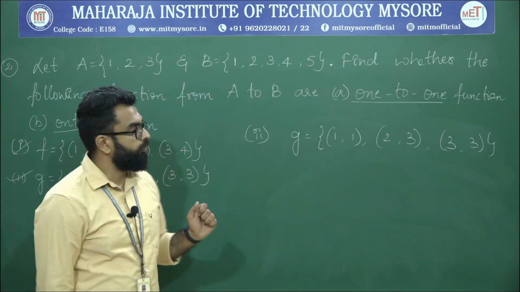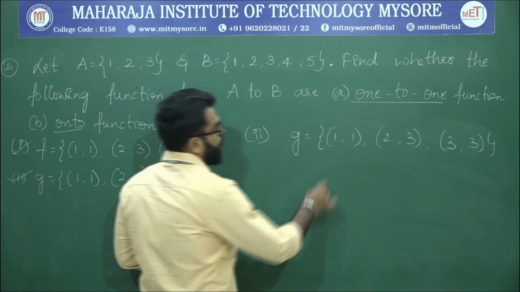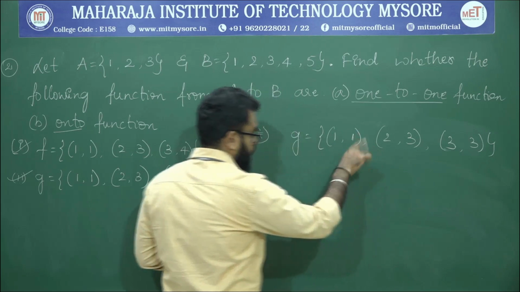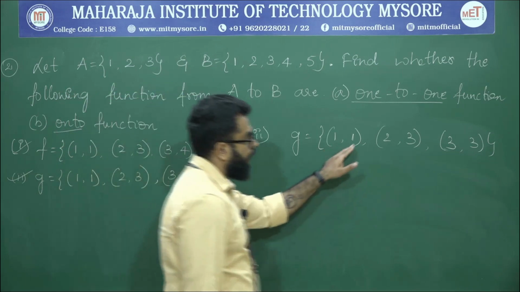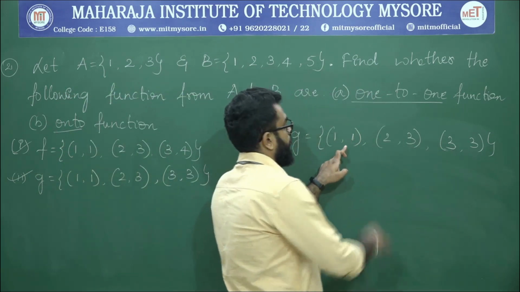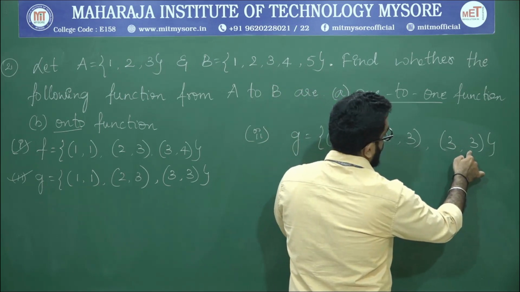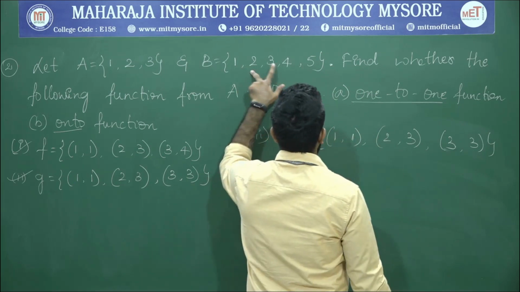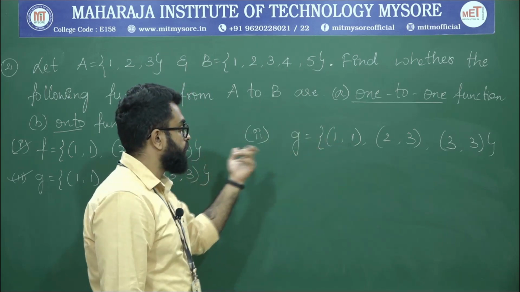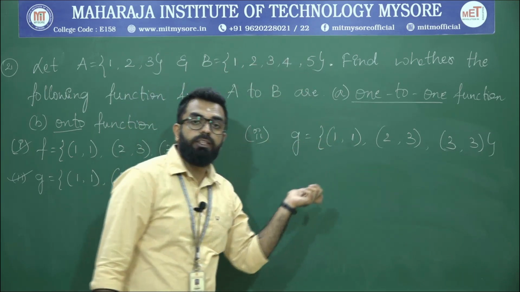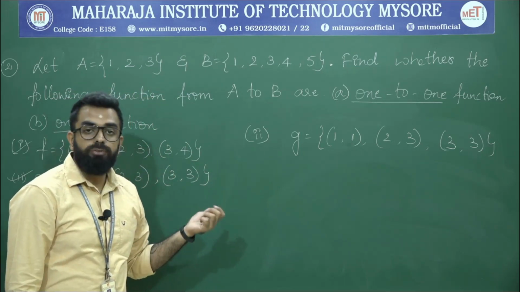Now again we will try to avoid the use of an arrow diagram, rather we will observe it in another fashion. So what do we understand? For onto, all the elements of B should have pre-images in A. Is that the case? I have the element 1 of set B, and the element 3 of set B, again element 3. I don't have 2, 4 and 5 of set B. So I don't have pre-images for these 3 elements under the function g. So it cannot be an onto function.